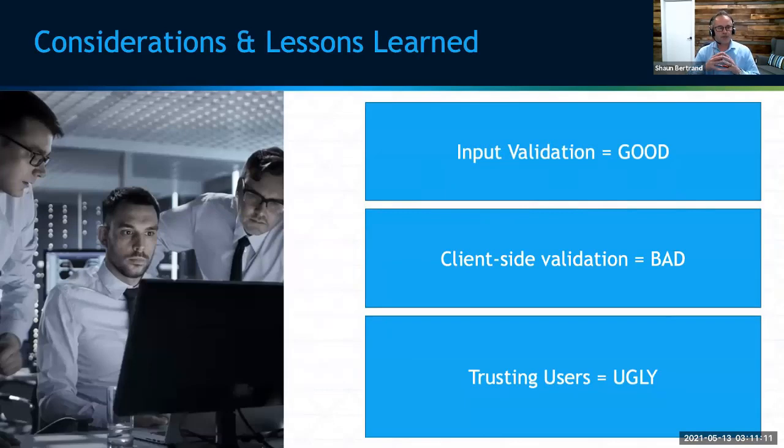All right, some considerations and lessons learned that we've taken as a result of our observations in the field for so long, and also as a result of some of the things that we discussed here today. Input validation. The easiest way to describe this is if you have a username and a password field, one should expect the only characters you're putting in there would be maybe a 12, 15 character max. There shouldn't be any special characters in there or ASCII characters.